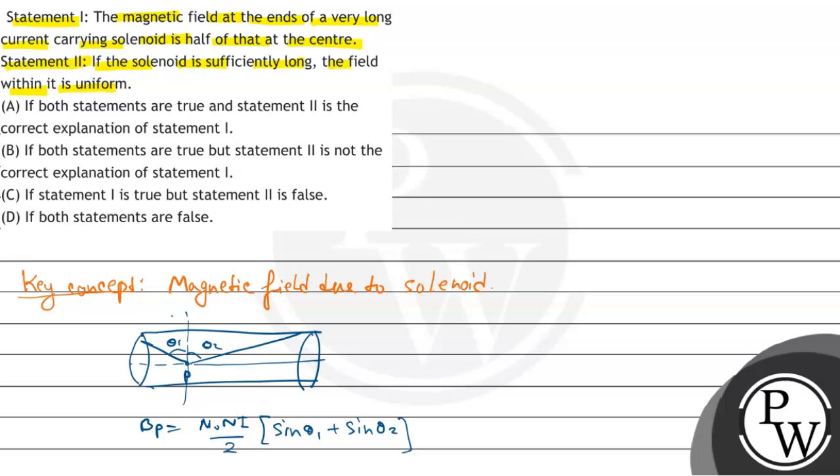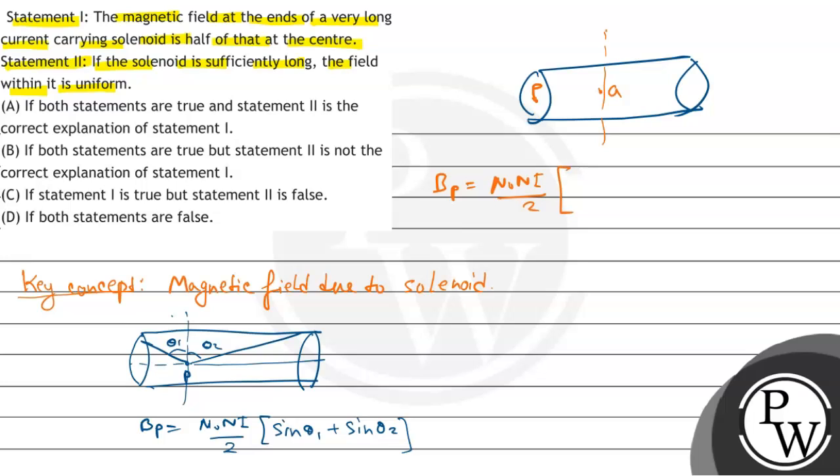So इस क्वेश्चन में गिवन है कि अगर इस सोलिनॉइड का एंड में जैसे कि एक पॉइंट P एंड में और एक पॉइंट Q जो कि सेंटर में है, राइट? सो B at P, that is the magnetic field at the end, will be mu naught Ni by 2 साइन ऑफ थीटा वन। तो इस केस में थीटा वन कितना होगा? वो होगा 0 डिग्री।